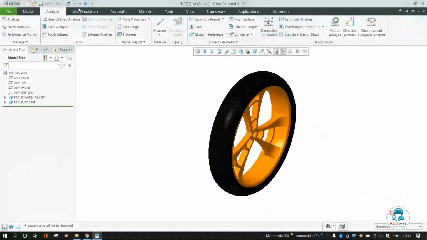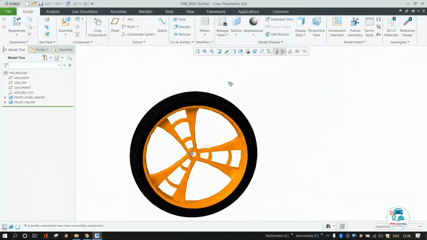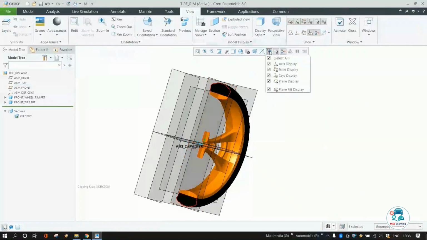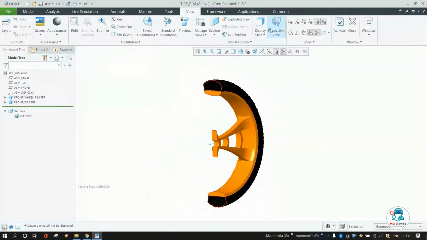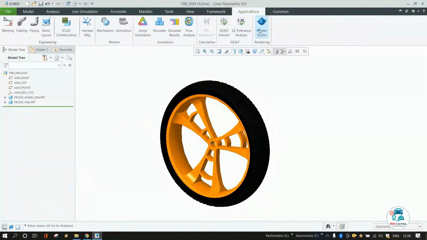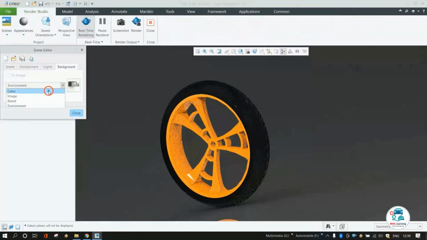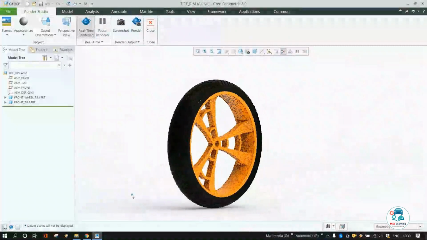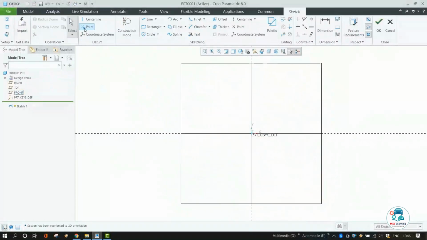Hey guys, in this video I am going to design a motorcycle front wheel, that is rim and tire, like this by using Creo Parametric, and you all will know how to use revolve feature, axis pattern, extrude up to reference and shell. So basically revolve is a command or a method of defining three-dimensional geometry by revolving a